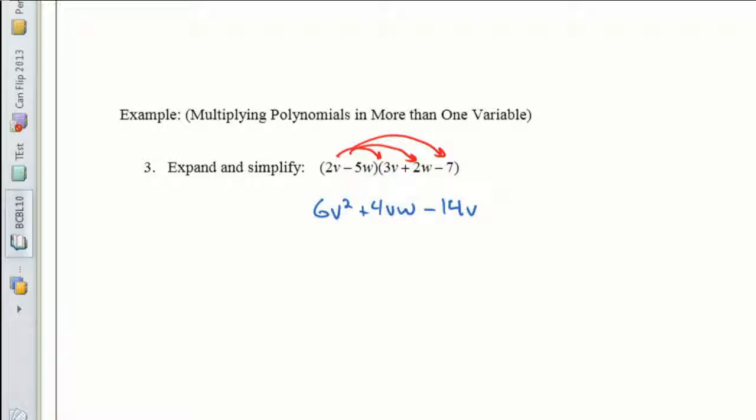Then I'm going to multiply the second term by everything in the brackets. I don't want to miss anything. Negative 5 times 3 is negative 15. Again, I'm going to write v and w, even though the w is in the first term and the v is in the second. Generally speaking, we will write it in alphabetical order. Order of multiplication doesn't matter, so it doesn't really matter how you write it, but that's just a more proper way, I suppose, of writing it. Negative 5 times